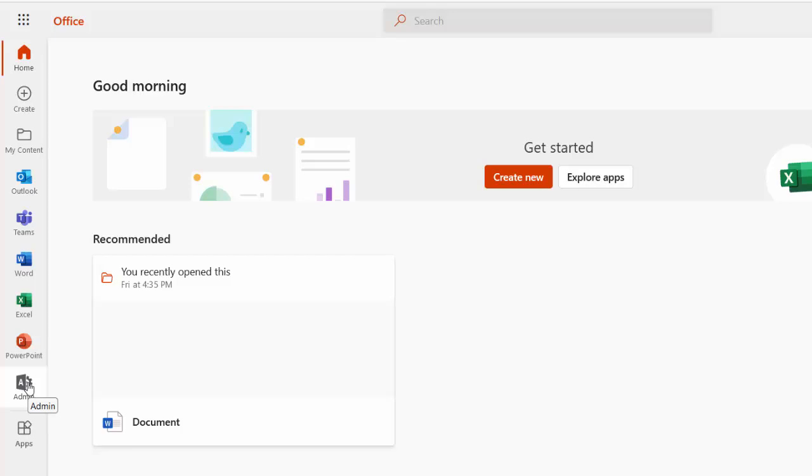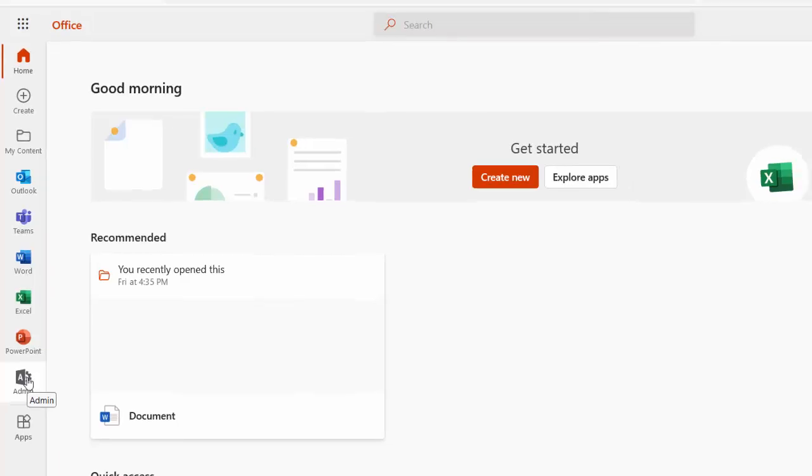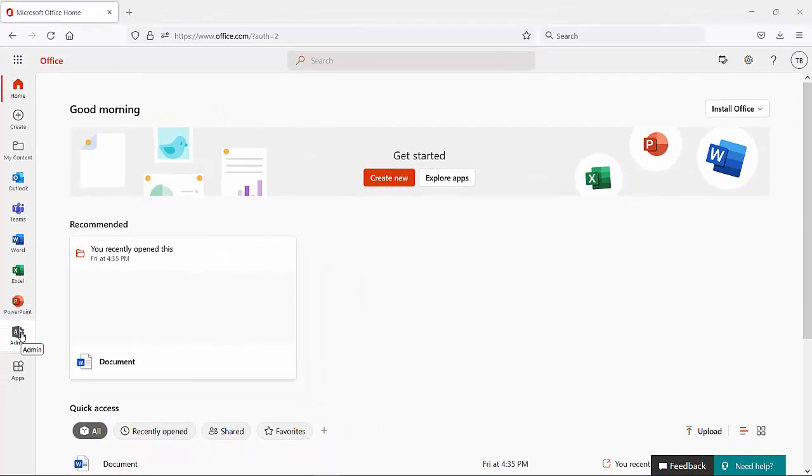OneDrive used to have one, but that got removed in July, I think 2020. I'm not sure if it was 2021 or 2020, somewhere around there. I just remember it being in July somewhere. So for some reason, Microsoft thought it would be funny to go and remove the one for OneDrive, which is a bit frustrating. Anyway, getting back to the user portal, which is this one in front of us,